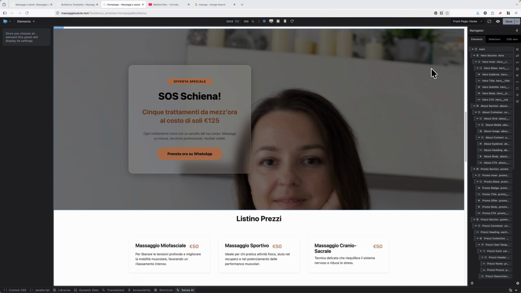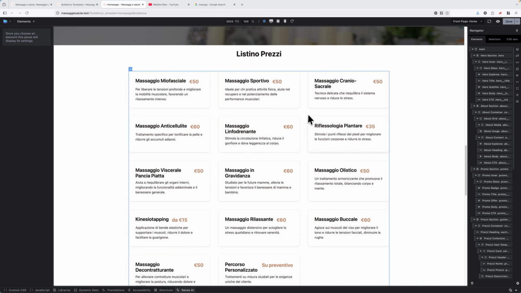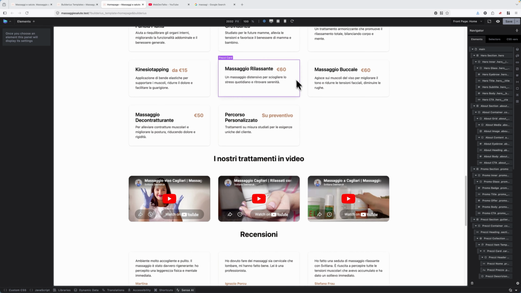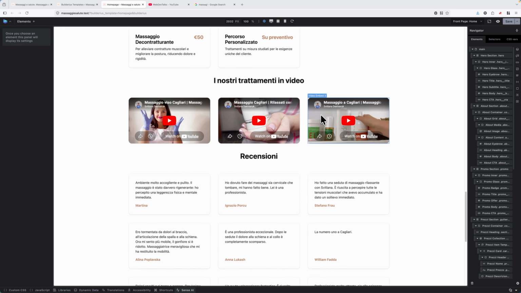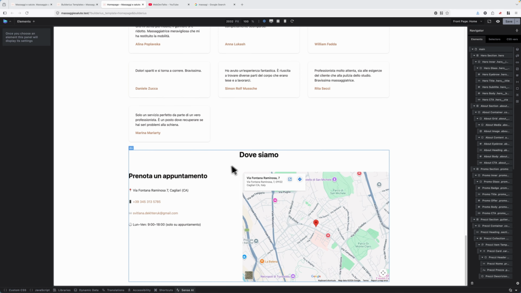Here I have these new items. I have a collection of prices and also created a custom post type and custom fields for that post type. So this data is actually pretty easily manageable from the admin area. Then we have videos, reviews, and a contact section. It's not the final version yet,